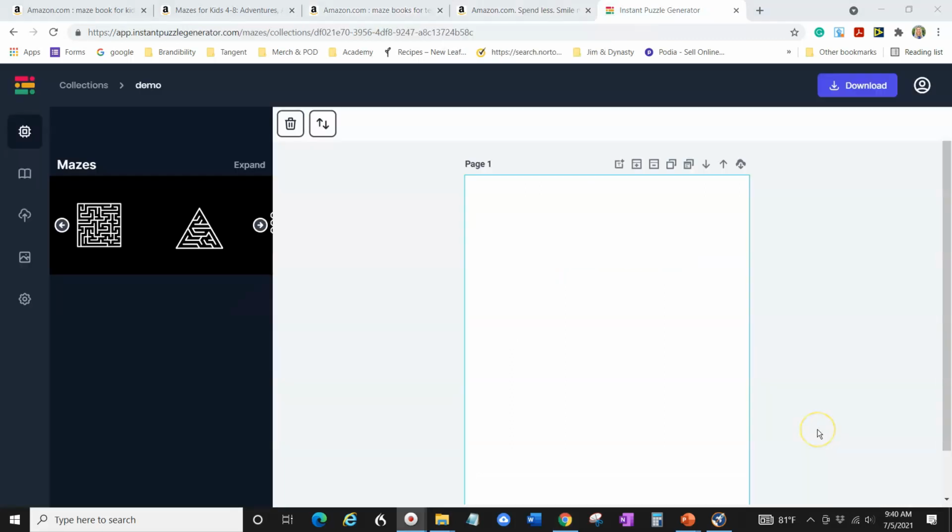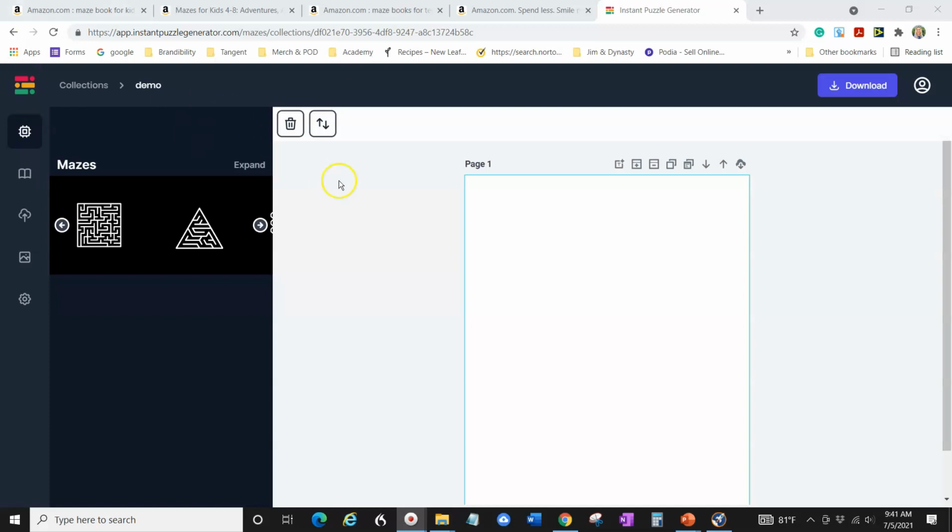So here I am on the software that creates the mazes. And I wanted to get to this right away, though I am going to show you some stuff and some neat ideas and thoughts I had on Publisher Rocket to show you some of the research I did on mazes and activity books and things. But I wanted to get to the software so you could see how it works and how super, super, super easy it is.